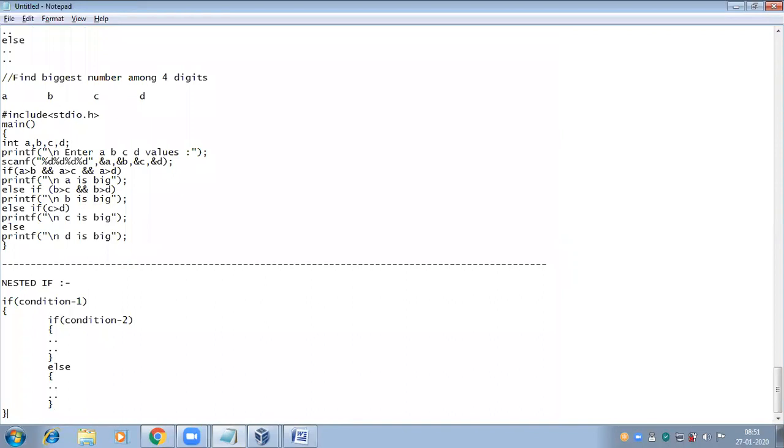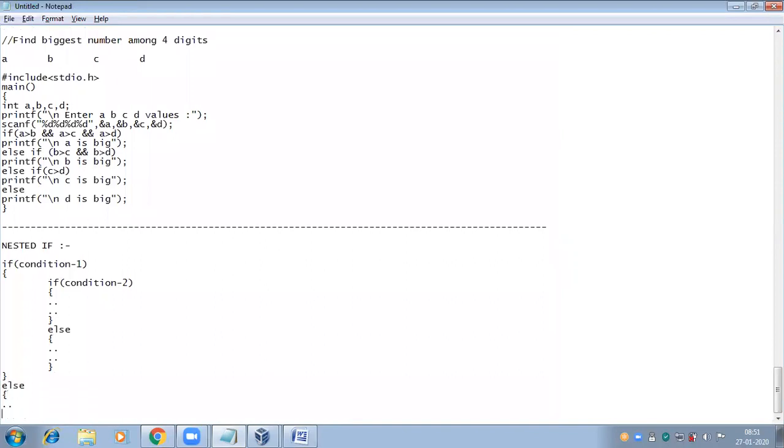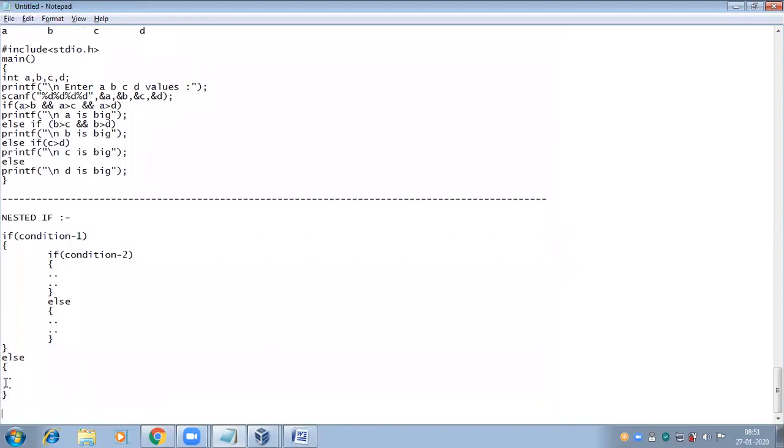If only condition 1 fails, then the else part will be executed here. This else is for this if. In the nested if, we can write else if also.